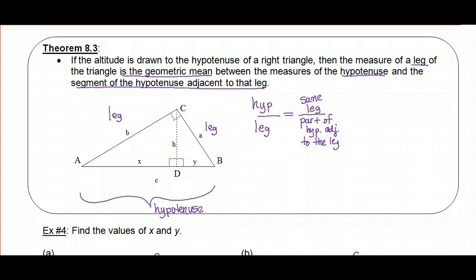I got it. So if the leg, okay, I get it. Then the hypotenuse equals c and the part of the hypotenuse will only be y. Right. So let's look at